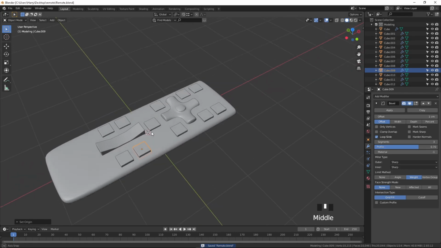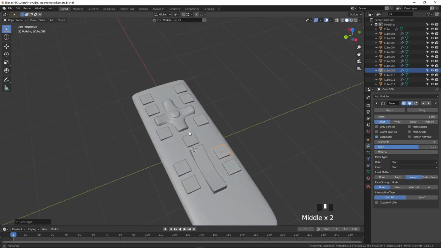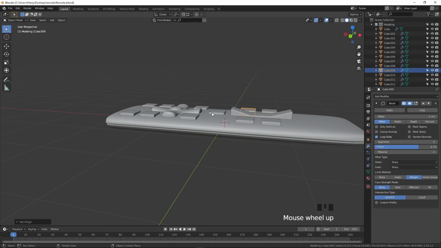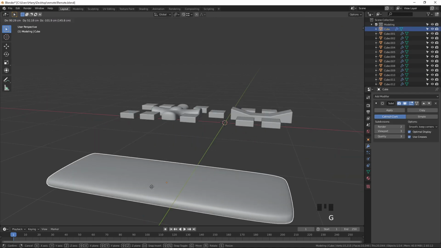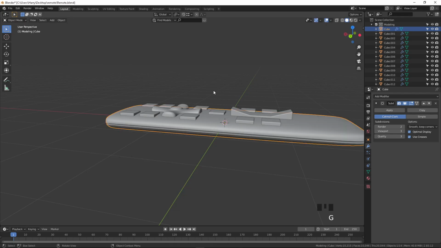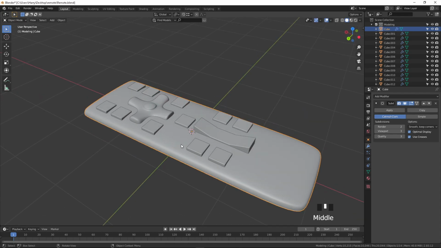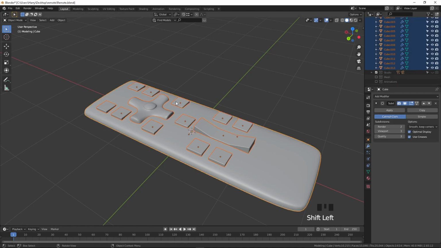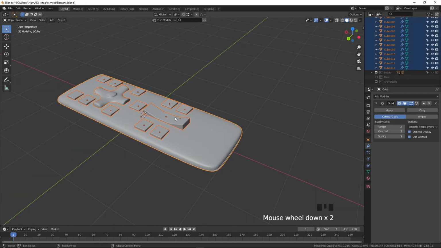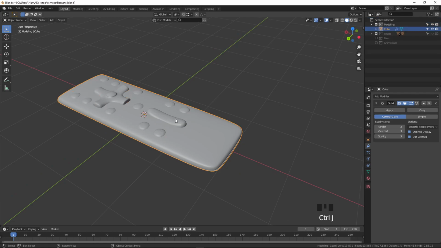Okay, now I'm going to show you how to make this remote a single object. Now I select this and I press G. You can see the button is still there where we had placed it, but it needs to come to us correctly, right? Select this one. I do one thing: select everything, press Ctrl J to join.